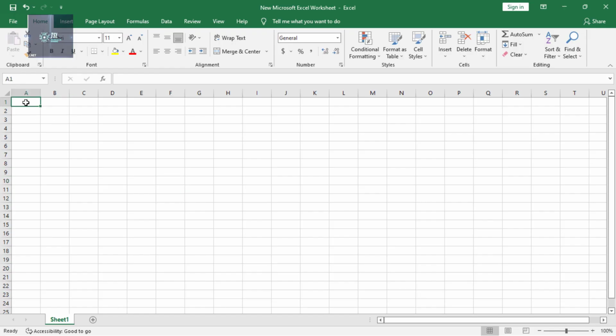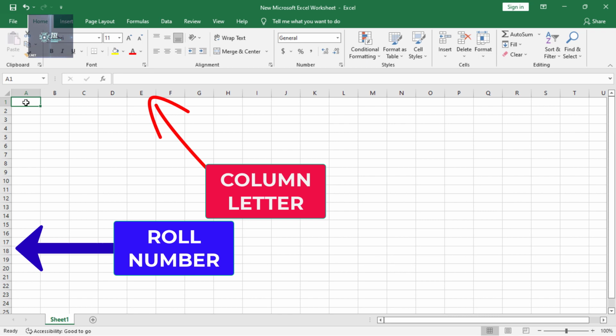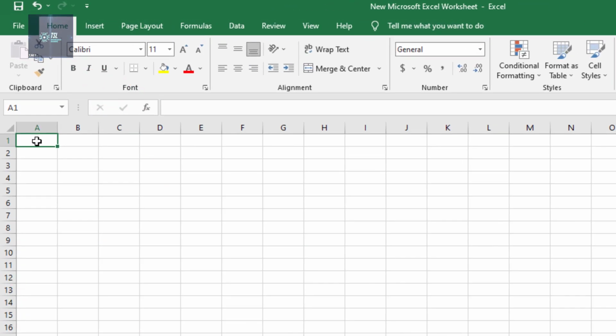Each cell in an Excel worksheet contains an address, which is defined by a column letter followed by a row number. The cell currently activated is A1. Let's see another cell. This cell is D5.